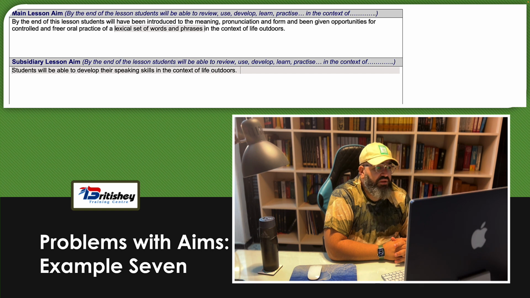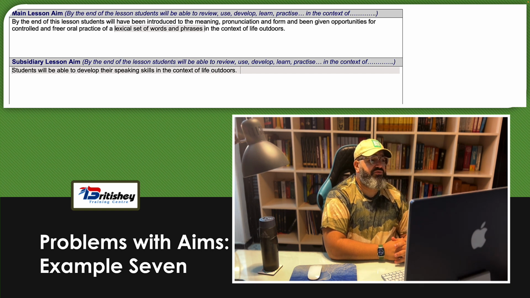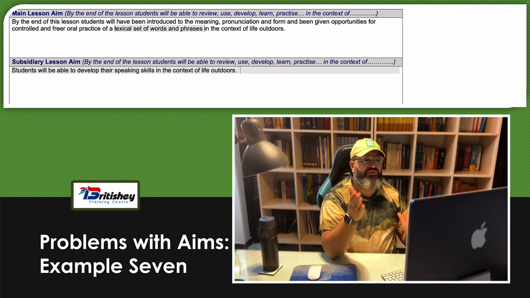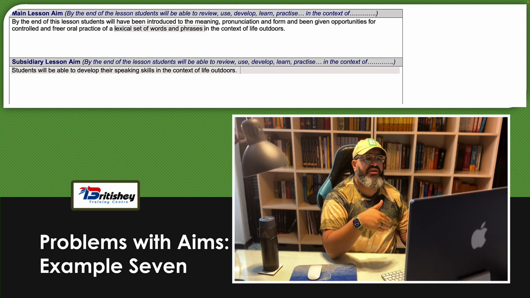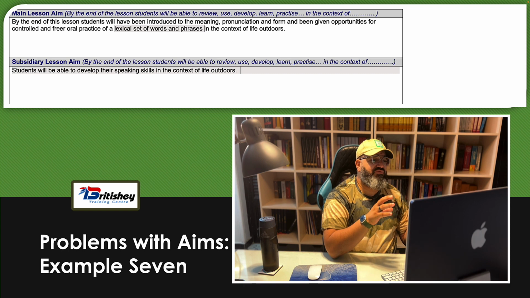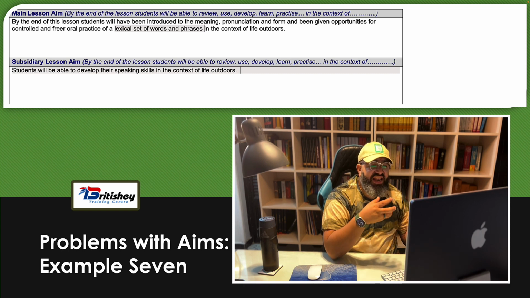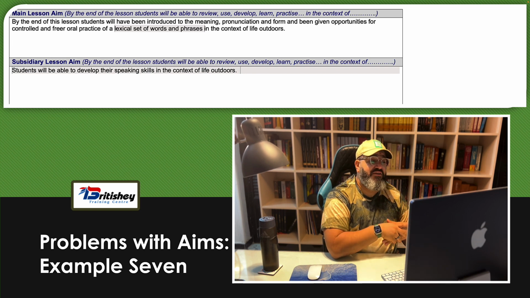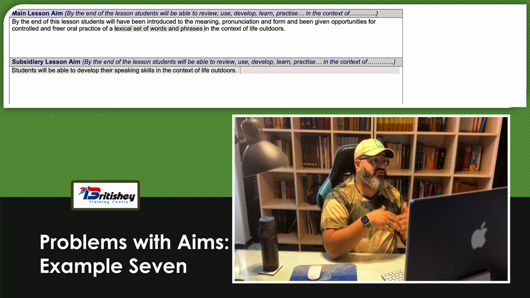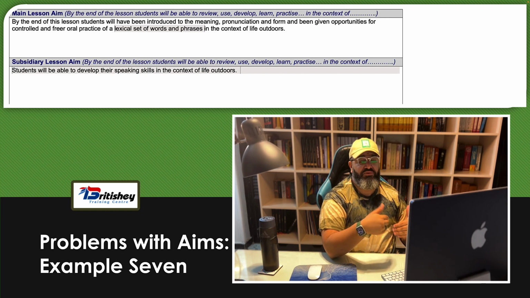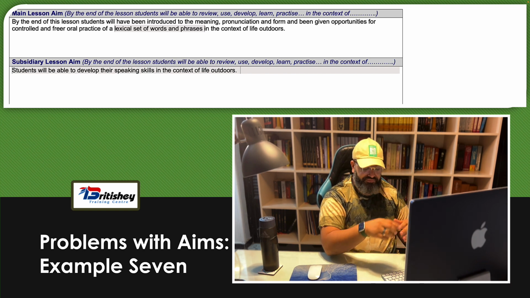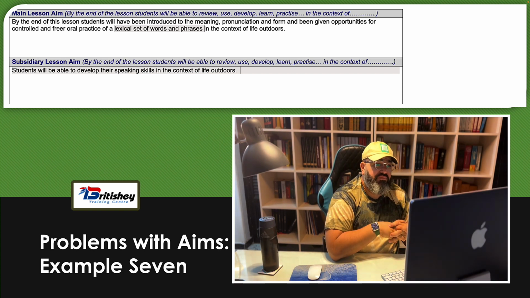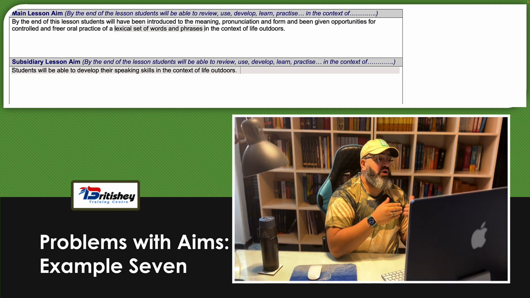And then, by the end of this lesson, students will have been introduced to the meaning, pronunciation, and form, and been given opportunities for controlled and freer oral practice of a lexical set of words or phrases in the context of life outdoors. And then the second one, the sub-aim, students will be able to develop their speaking skills in the context of life outdoors. And I would say there are problems in both. In the first one,